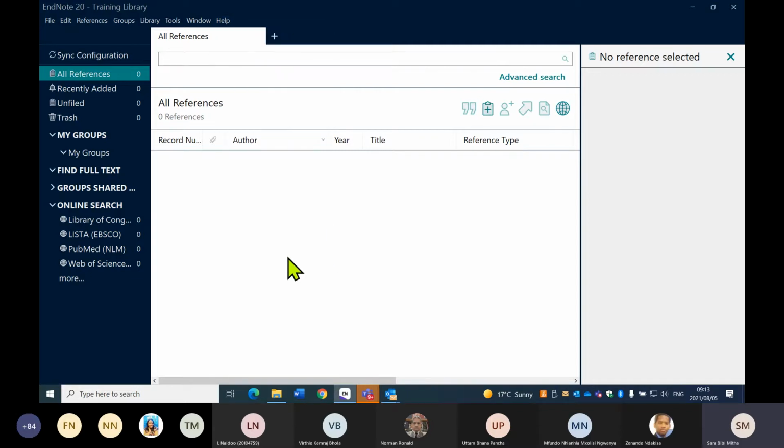Okay, so now that I've just explained the interface and what it has, what we're now going to do is enter a reference into your library, and this is done manually. The reason we do this manually is so that you are aware of what goes on in the different fields as you are